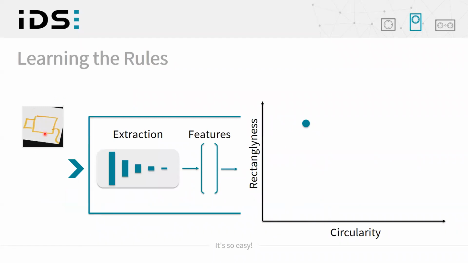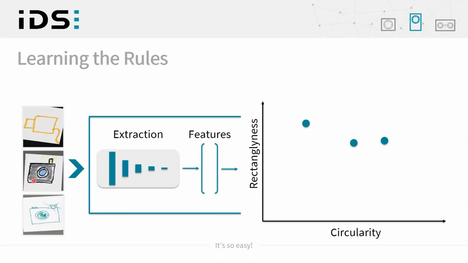Neural networks are great at extracting information from images. They extract this information and formulate it in a set of abstract features. These can be tens or hundreds or thousands of features to describe complex image contents, and they are not always easy to interpret. But just for the sake of clarity, let's imagine we pick out two of these features and plot them. So we have here the rectangliness on the y-axis and the circularity on the x-axis, and each image that we put in the neural network can be represented by such a dot in the feature space.